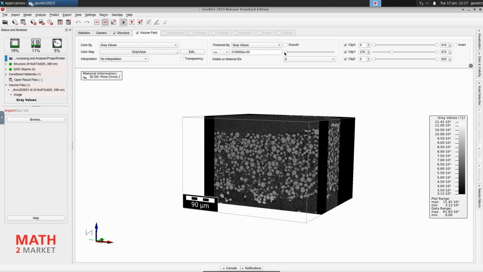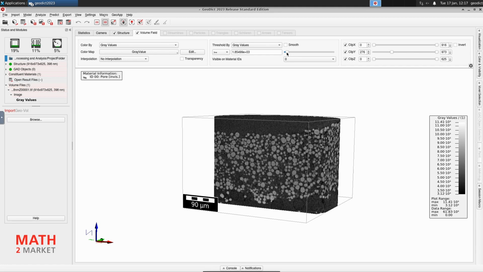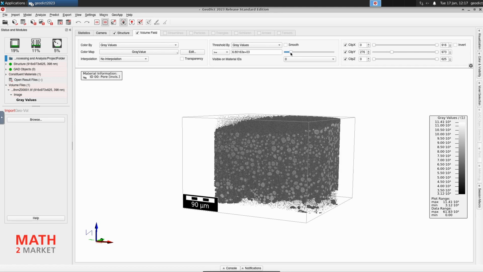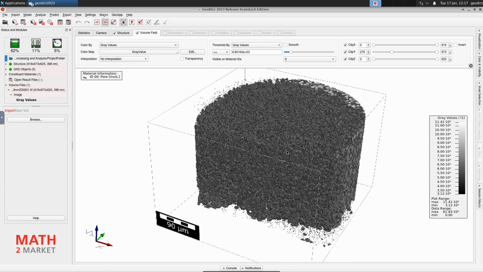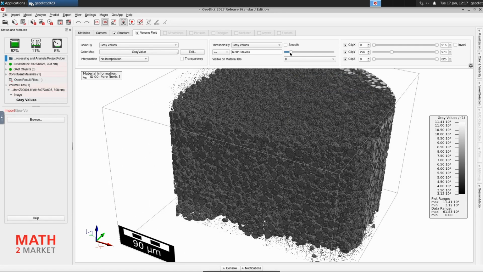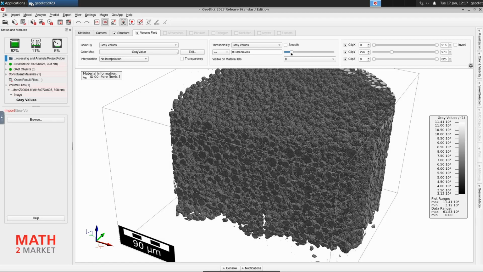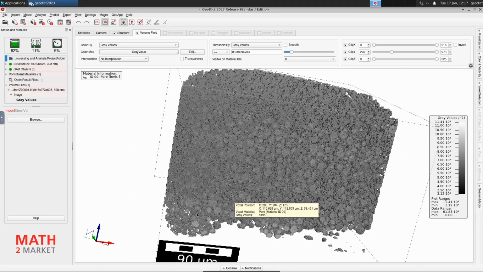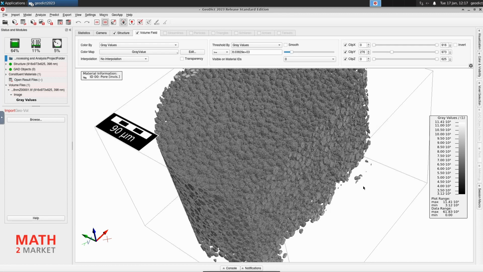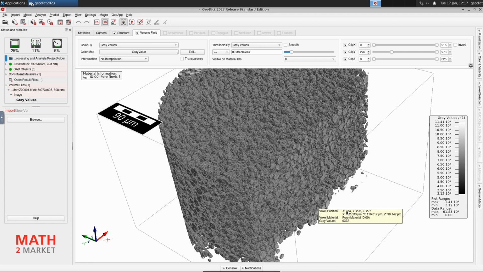And then you can directly see at the first step all the black space disappears because the values are just 0. And then if you move the slider really carefully, you can get an idea of the segmentation in the structure. So you can see that the grains begin to separate, and you get more of a feeling how that structure looks. But now we want to do it for real, so not just some preview in the visualization here.